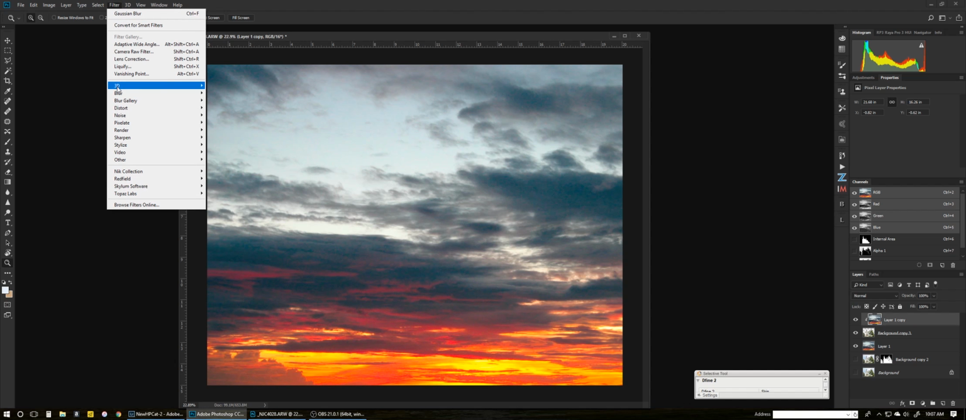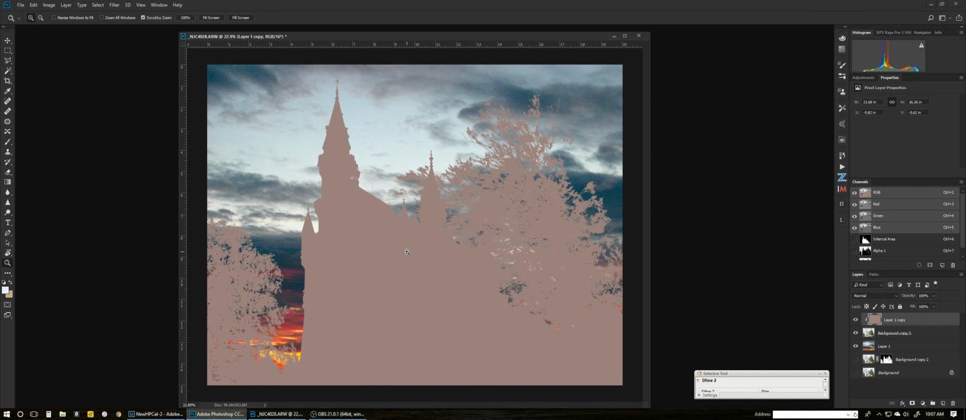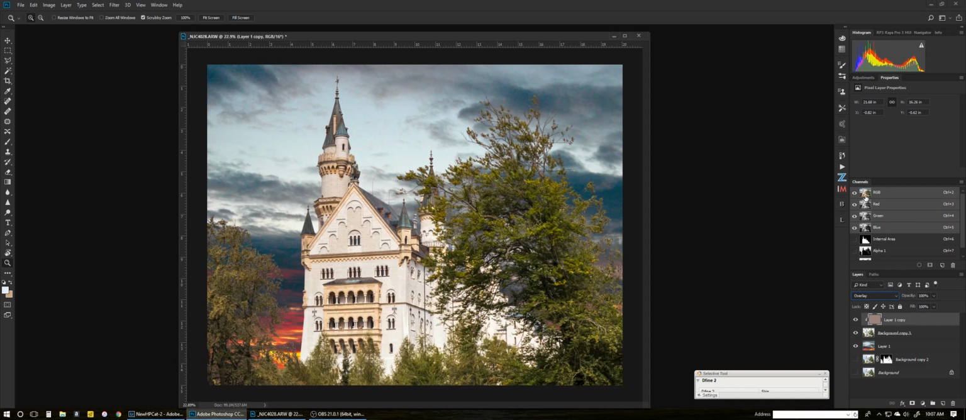First thing I want to do is go blur and average. Well, that looks like hell, right? But then we're going to turn that to overlay. And you can see that helps color balance it to the sky. I could stop there. One thing that I like to try, and sometimes it works and sometimes it doesn't, is